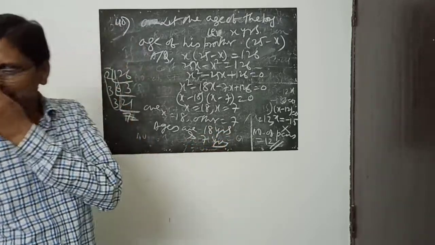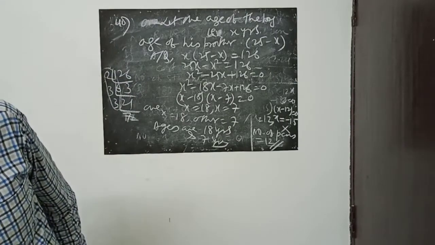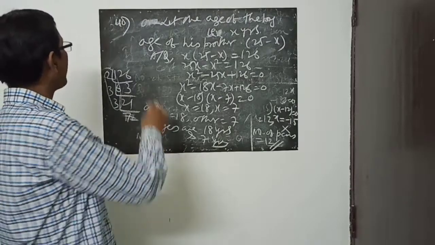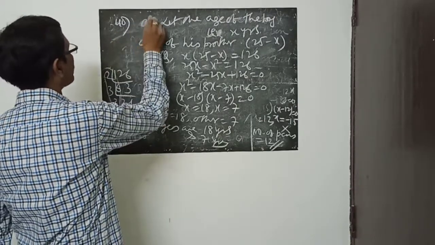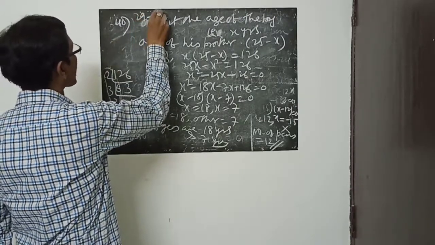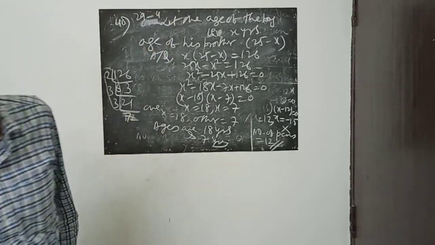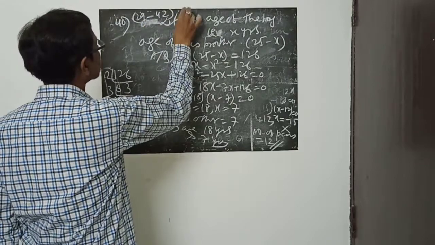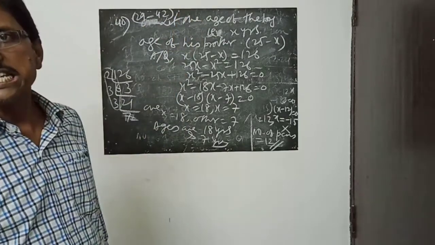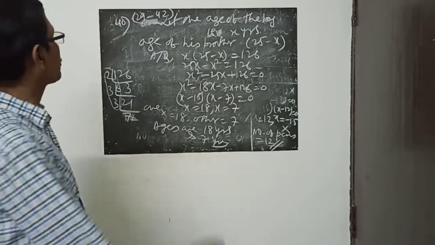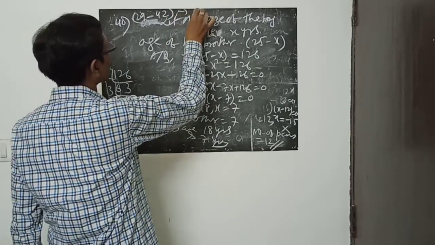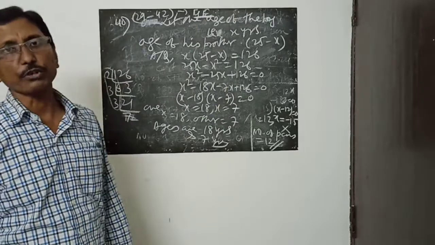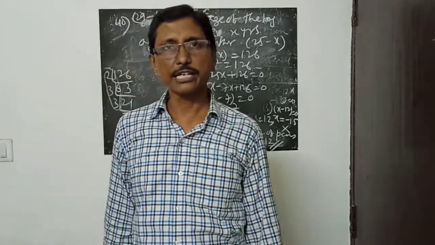So in this way, up to question number 42 you are having this type of problem. So I think you will be able to complete this type of question that we have done from 29 to 42 of exercise 4E. So you will complete this one, and after that we will do the distance time problem. That is very important also, speed distance time. Okay, thank you.